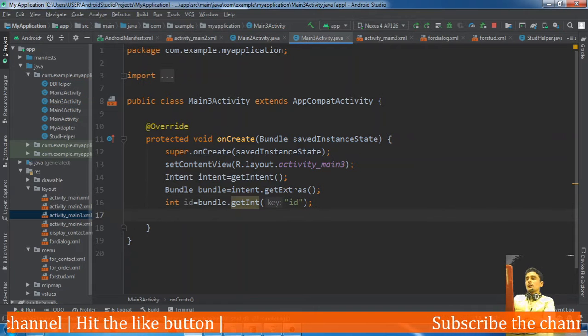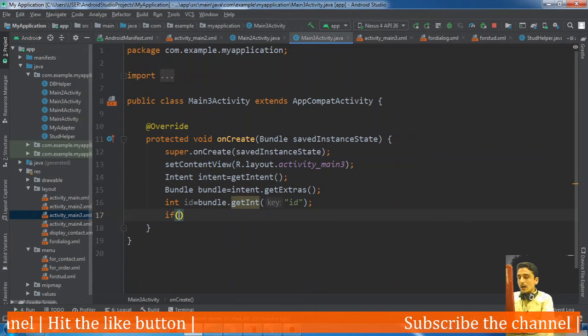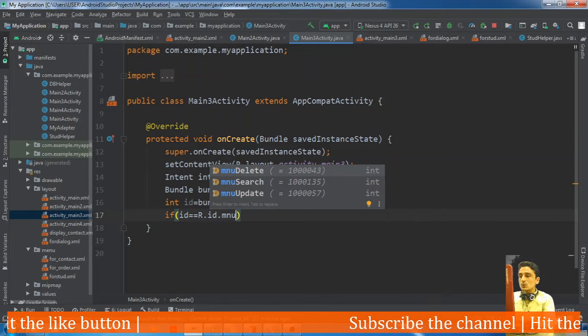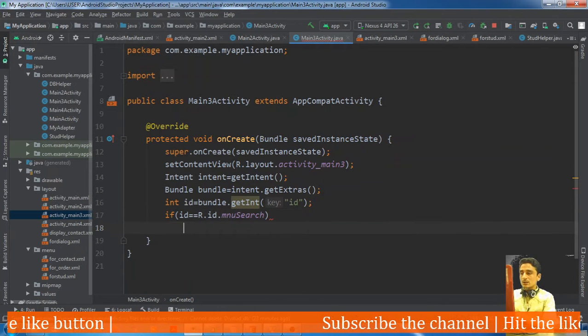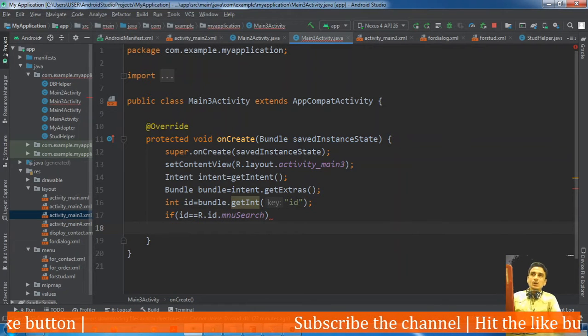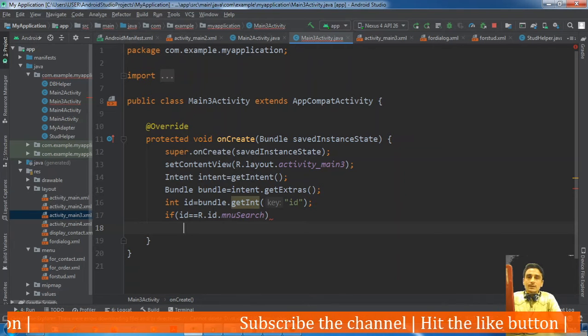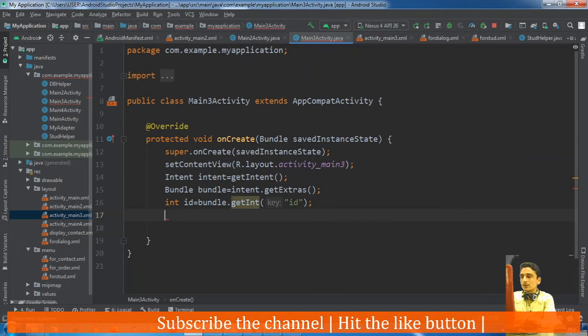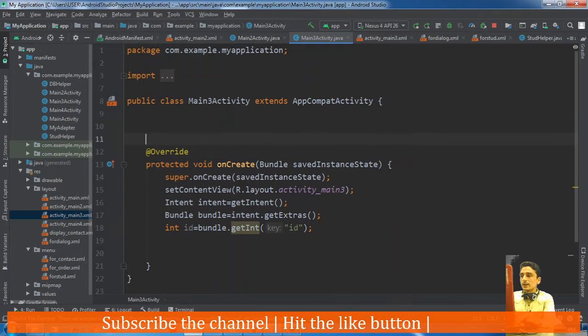If id equals r dot id dot menu search, then we just need to show the records, and if it is update, then we need to ask for the updation. We will do this at last, whatever operation is performed. But before that, let us retrieve all the edit views.